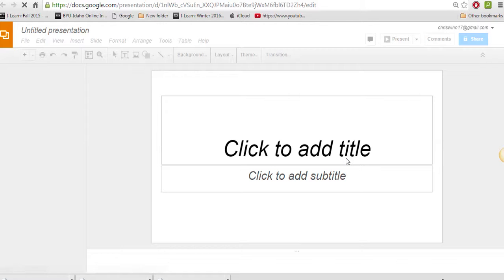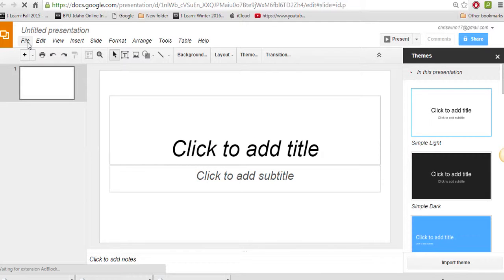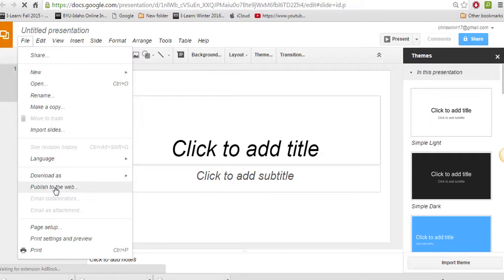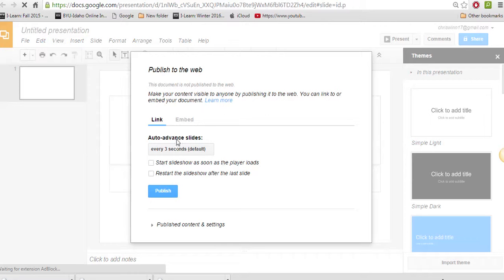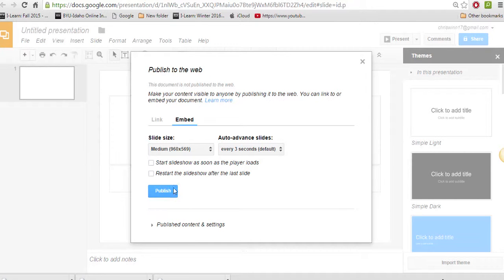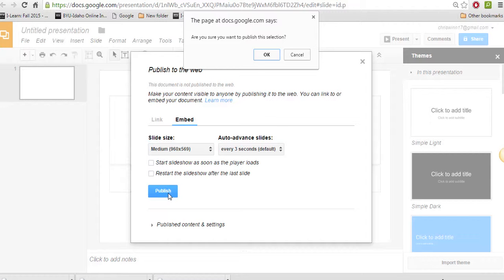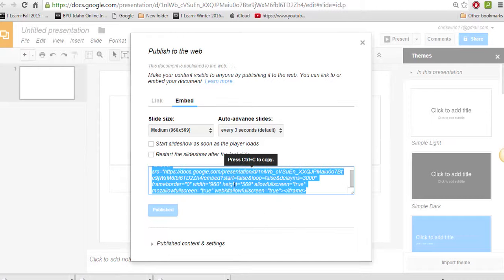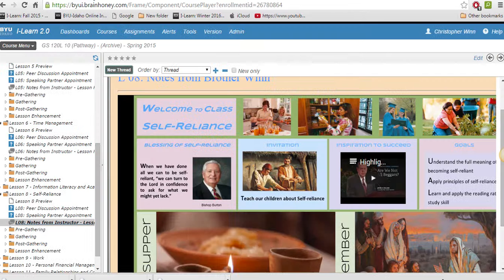So you can put in pictures. The only downside is if you do your own videos, you'd still have to save them in MP4 and upload them to YouTube. So I haven't done it that much lately because in the past I've had this already. But you would go over here to File, Publish to the Web, and embed right here, and it'll pop up here with Publish. I need to publish it. Click OK, and then here's your code, and you just copy that code,